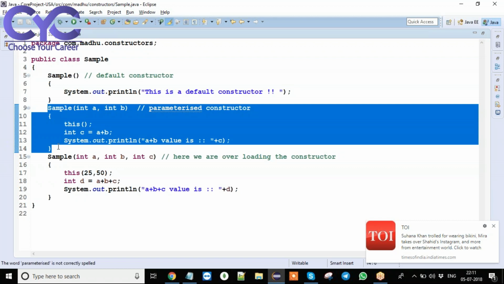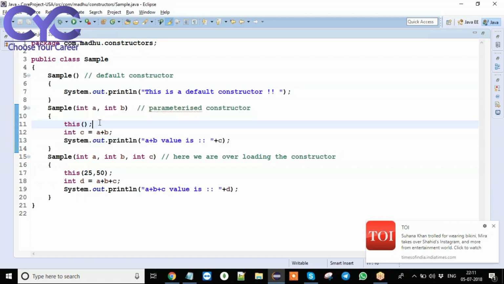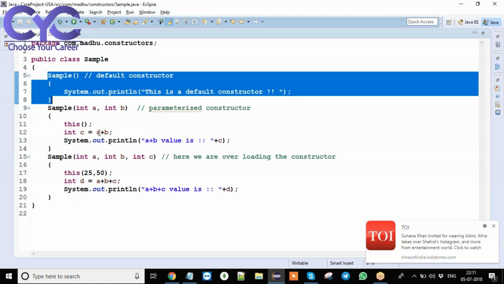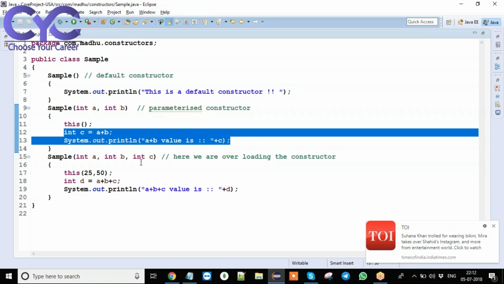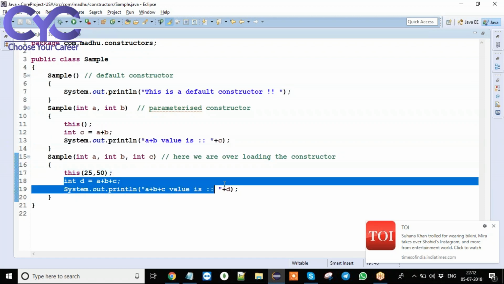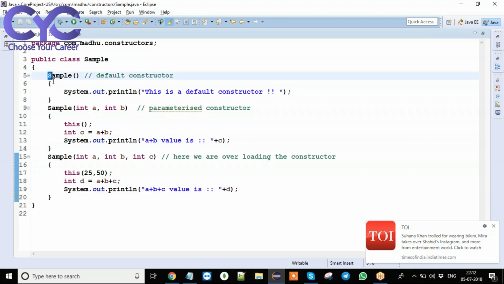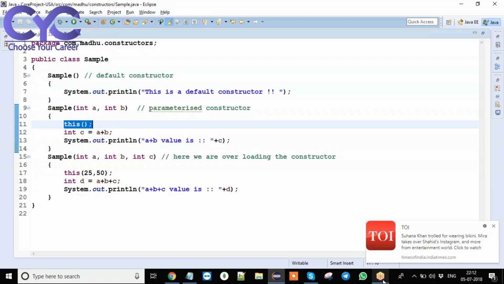Here in the first line, again this method, again JVM understands that we are having a default constructor in our class. First that constructor needs to be executed successfully. So first this constructor is going to be executed successfully, then the remaining lines of code are going to be executed. Once it is completed, then this logic is going to be executed successfully. Here calling one constructor into another constructor by using this method is known as the constructor chaining mechanism. This is about our constructors concept.